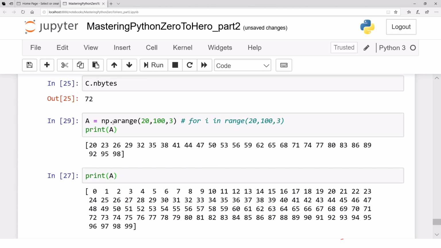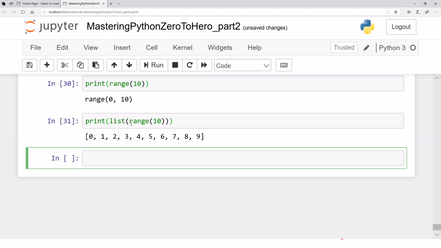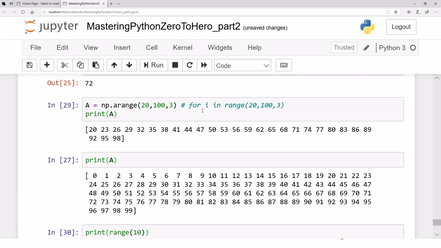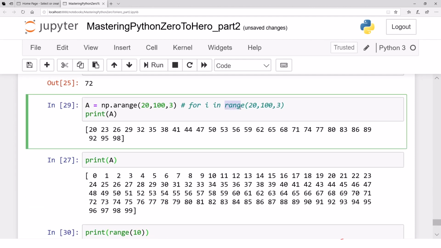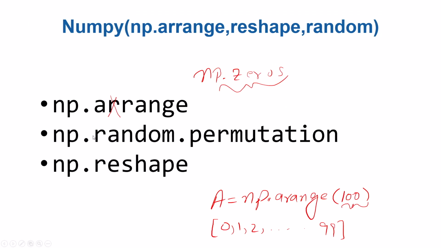Anyways, np.arange actually returns an array. It is not like an iterator. It returns a complete array, the way you want. So that's what arange is. It has resemblance with the built-in range function that is mostly used in for loops. Okay, next let's discuss